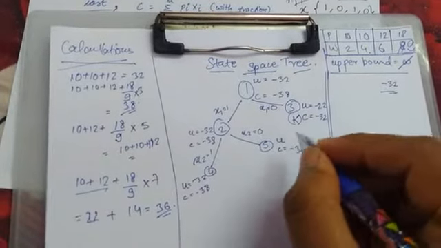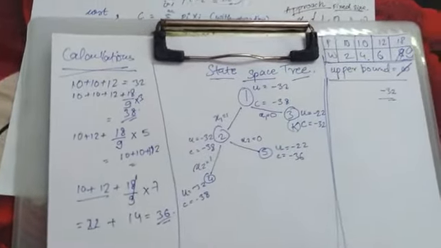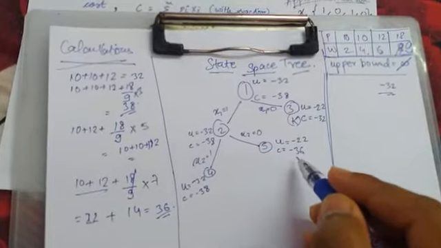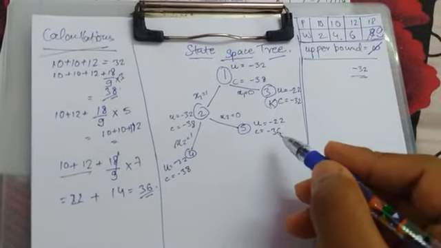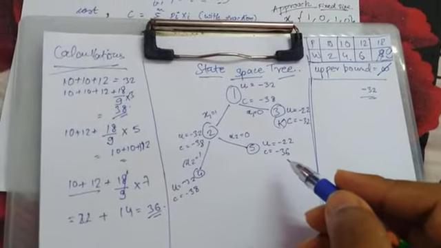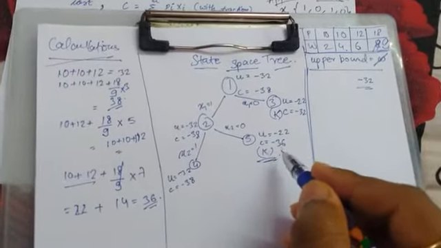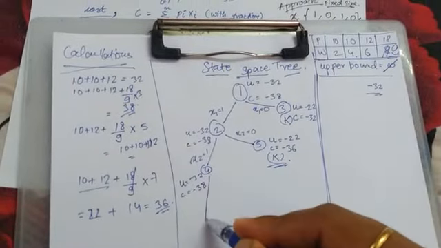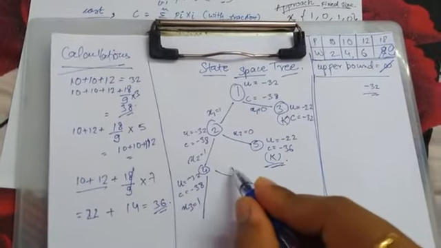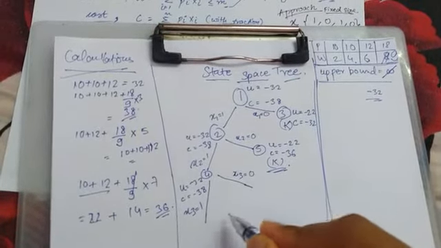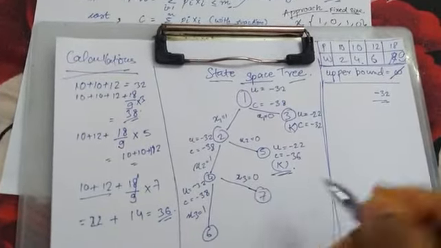The upper bound anyhow will be equal to minus 22 because we are not including this one in the upper bound, right? So here also the cost is again higher than minus 32, minus 38. So we will kill this node also. Therefore we'll go on from here. X3 equal to 1, then x3 equal to 0. We will include x3 or we will not include x3, right? This will be 6th, this will be 7th node.